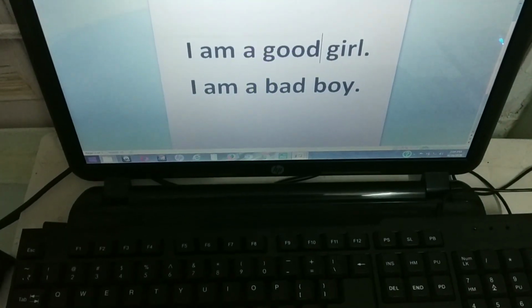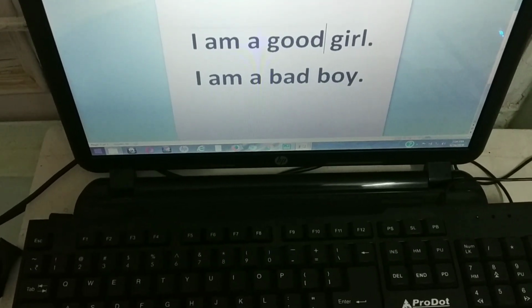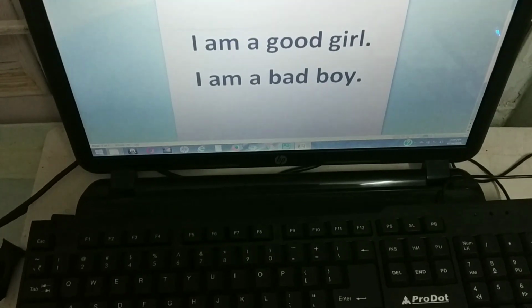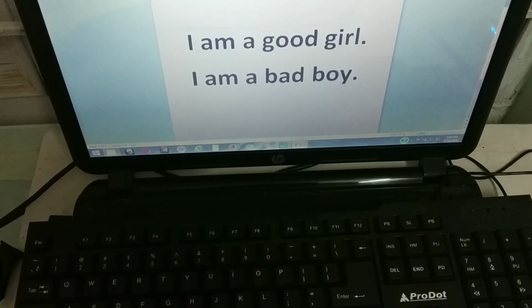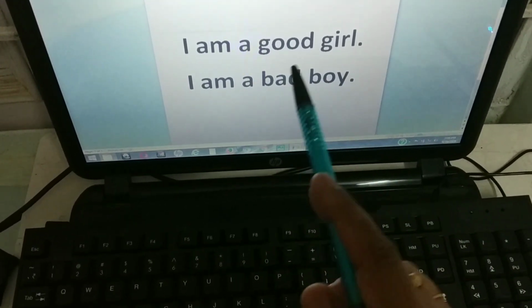Here I have written a sentence, I am a good girl. Now, if I want to delete "good", I have to bring the cursor before "good", because the delete key erases towards the right side.